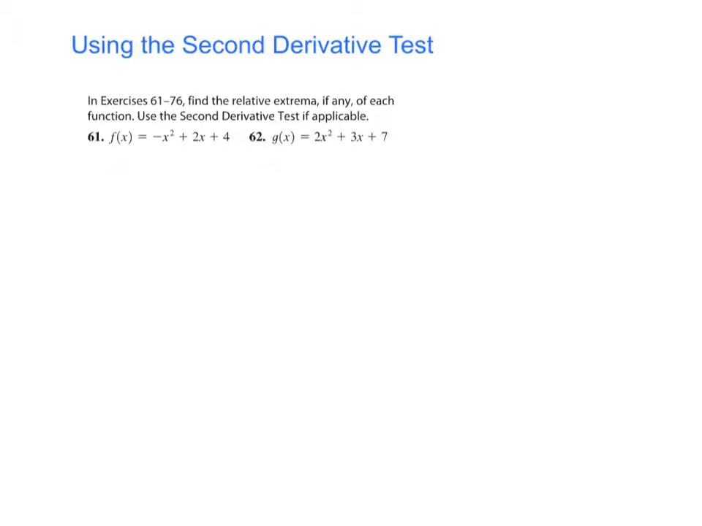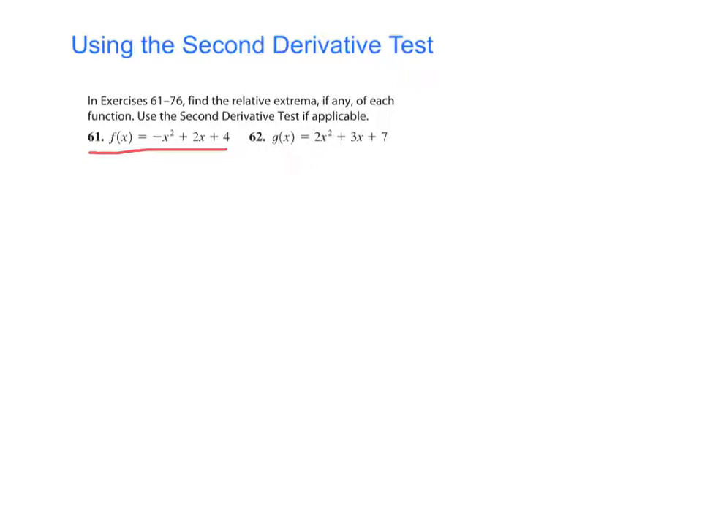Let's put this second derivative test to work, and we're going to locate some relative extreme values. In this case, I'm working on number 61 from our practice exercises. So the idea is this. We're going to start by taking the derivative,